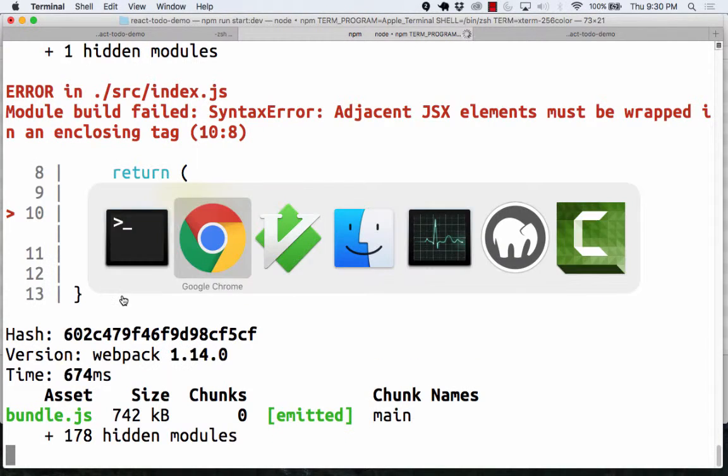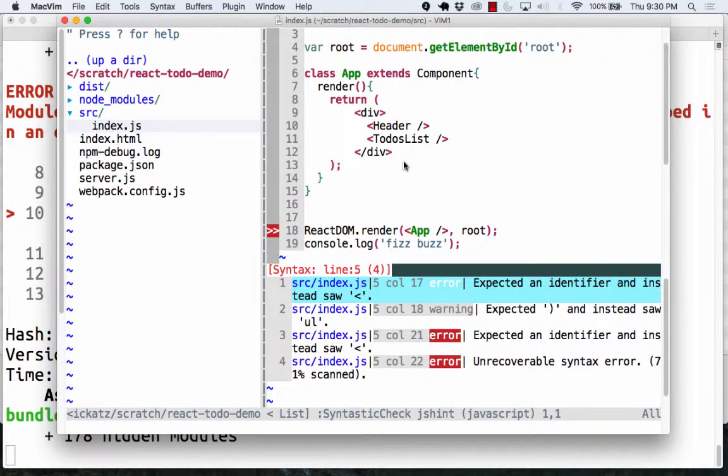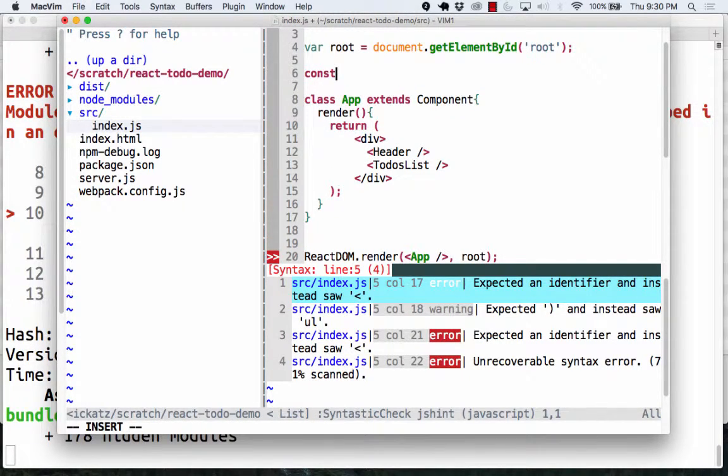Let me bring up something else. You don't always need classes to create components. Okay? There's what are called smart components, and there are components that are called kind of dumb. They're presentational components. They're very, very simple to create. Okay? I could create a presentational component very simply by doing this. Const header equals